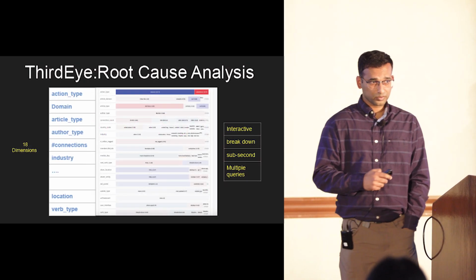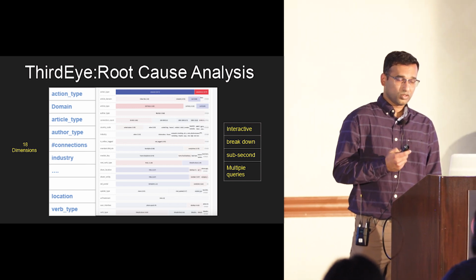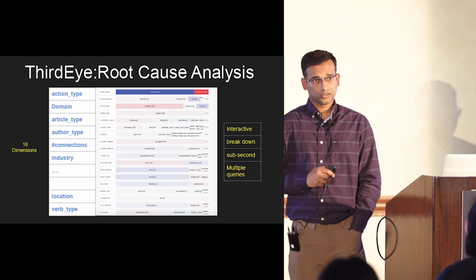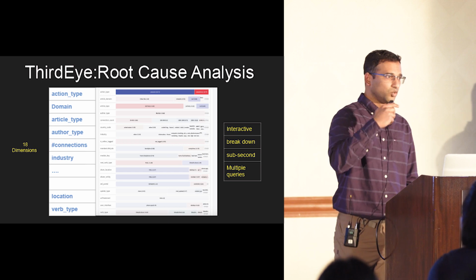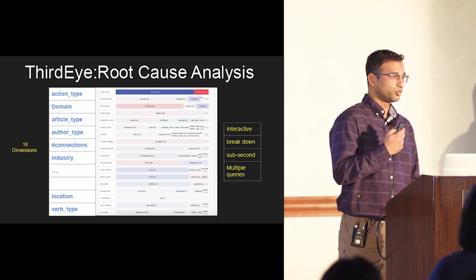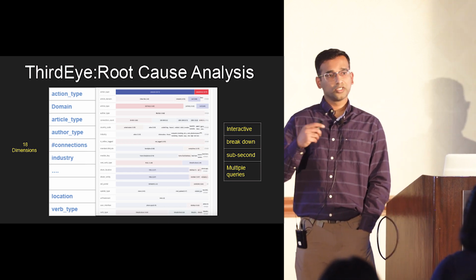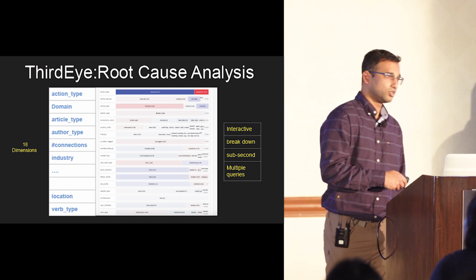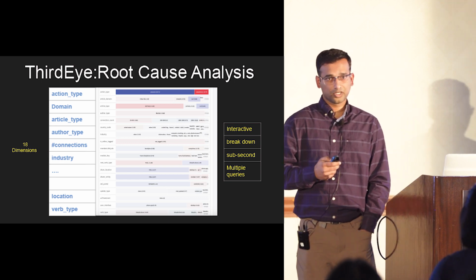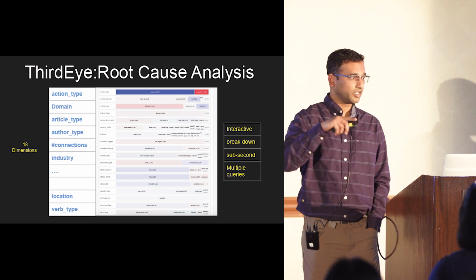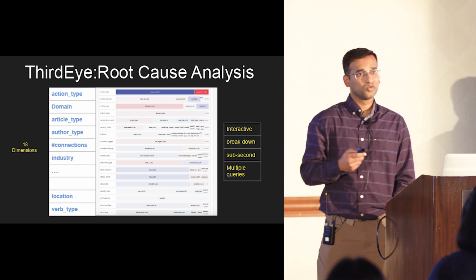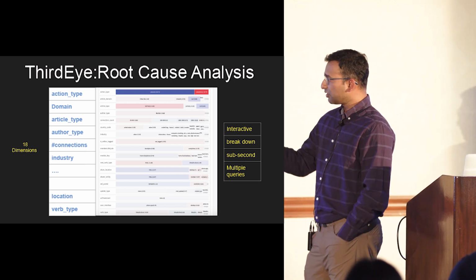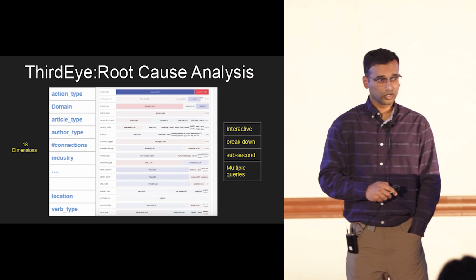If there is a problem, there are two ways to do root cause analysis. One is you can have some hypothesis based on your previous experience. You might say, oh, the issue was in the US last time, or it was in this browser, and then you try to do slicing and dicing. At this point, you're basically guessing where the problem is. So this is a completely different way of looking at the problem.